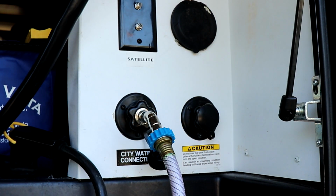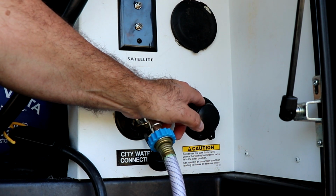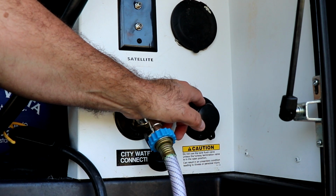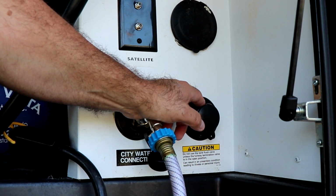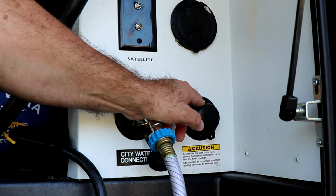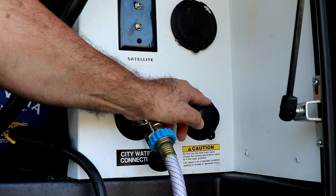Now before you turn the water on, what you should be doing is going down and opening your black tank valve again. So you've dumped your black tank, you've dumped your gray tanks, or you may hold off on dumping your grays until you've flushed, which is normally what I do. Dump your black, hook up your black tank flush here, open the black tank valve again, go over to your water faucet, turn it on, and you will start to